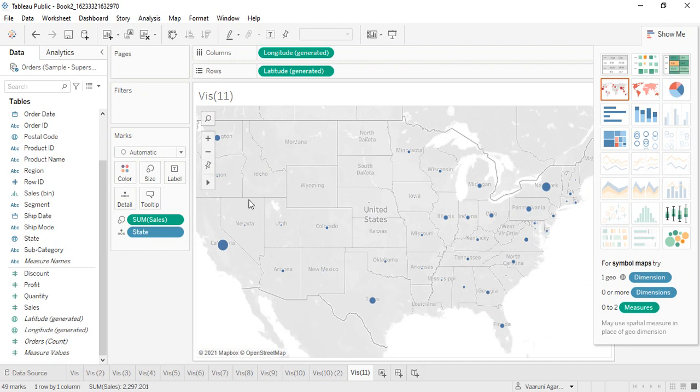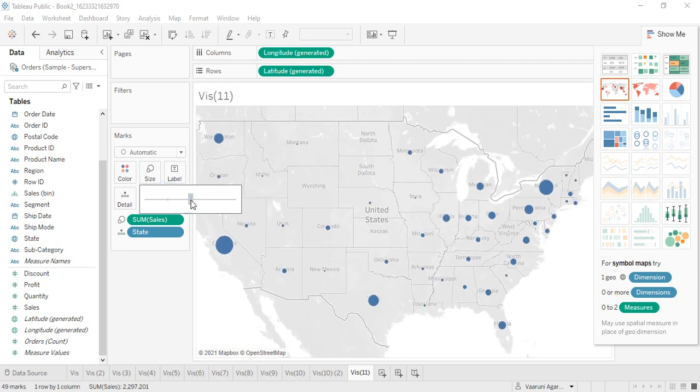And why is that? It is because whatever the sum of sales has been given in a particular state, the size of the bubble corresponds to that. Like New York and California give us far more sales than Wisconsin and Michigan. That is why the bubbles are larger in size, because we got sales in the size.